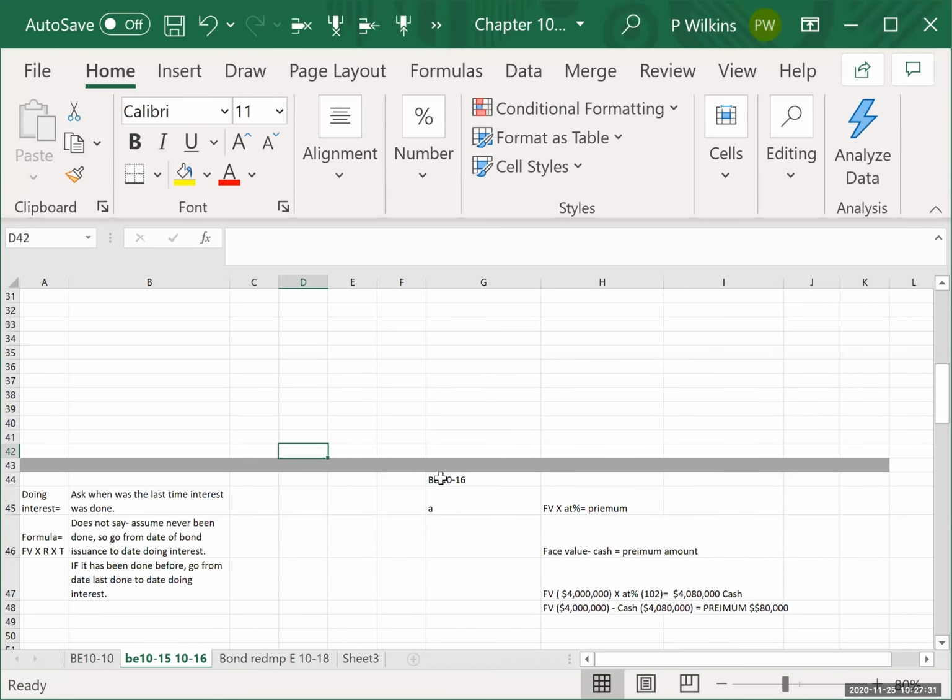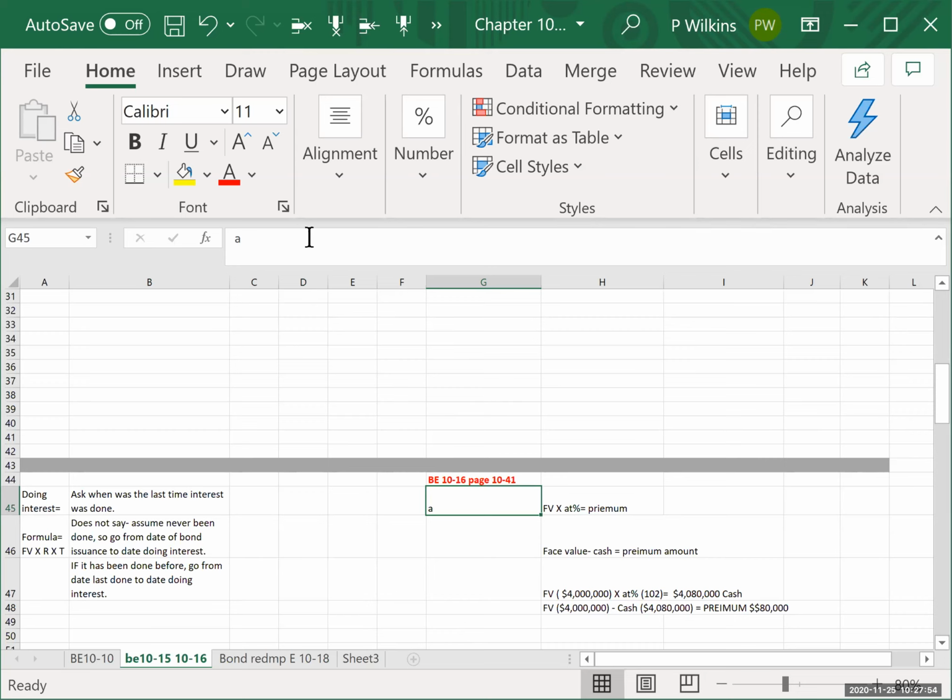Okay, so now we're going to do BE 10-16. It's on the same page, 10-41. I didn't put that, but I'll put that now. Okay, page 1041. All right, so 10-16 says, Harvard Incorporated issues $4 million of 5-year 8% bonds at 102 with